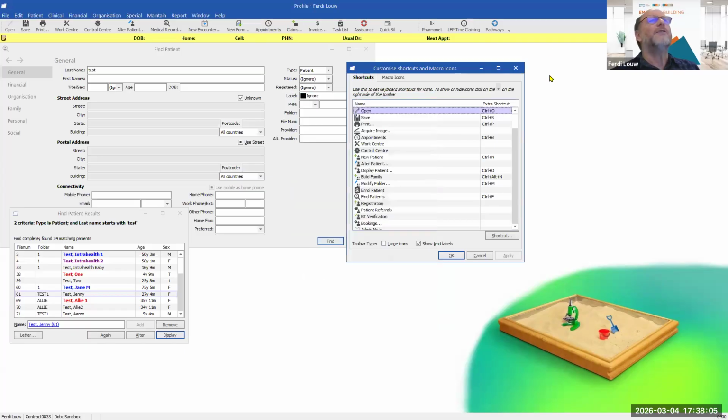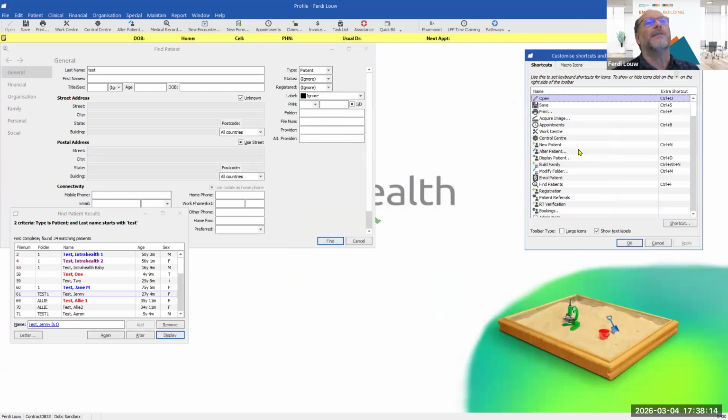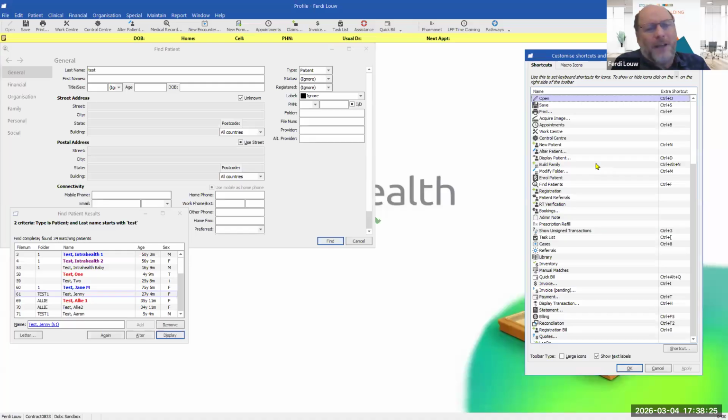When you saw me clicking here on the right-hand side and saying toolbar settings, we ended up with this screen. It says customize macros and shortcuts. If you are used to just using your mouse for everything, and that suits your workflow, stay with that.